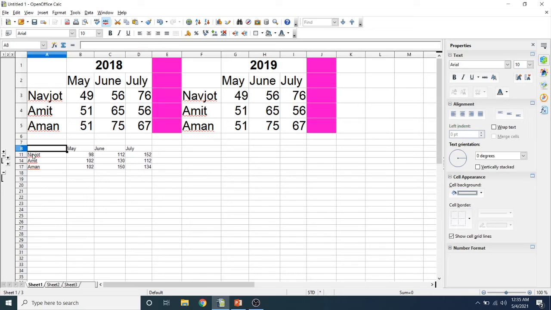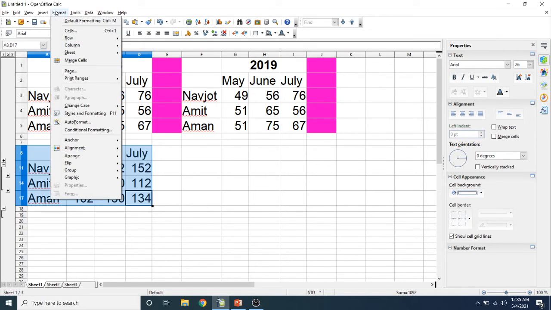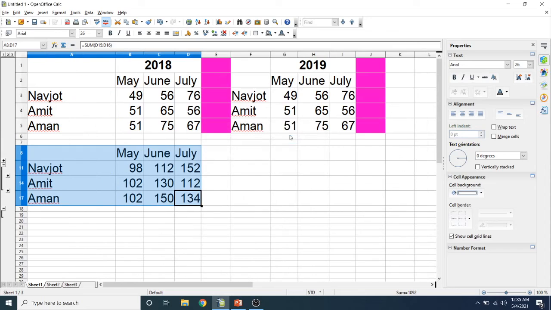Even then they can be combined by using consolidate data. Let me enlarge it for you. See, these tables have been combined by using consolidate.